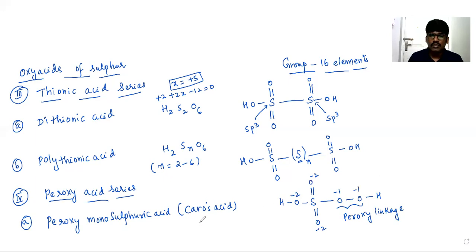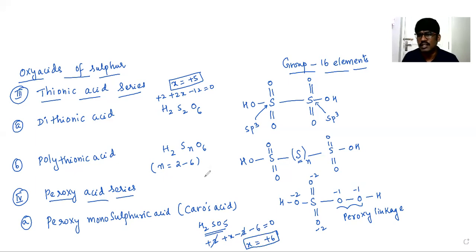So H2SO5 is the formula, right? H2SO5 is the formula. So 2 plus x. There are 5 oxygens, of which 2 are peroxy oxygens, so -2. The remaining 3 are normal oxygens, so -6. It will be cancelled. x will be equal to +6. It is the oxidation state of the sulfur in peroxy monosulfuric acid or Caro's acid. Under this only,